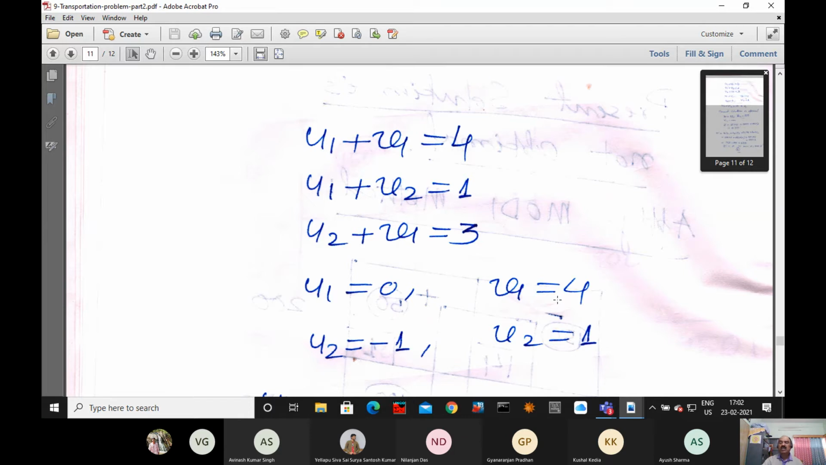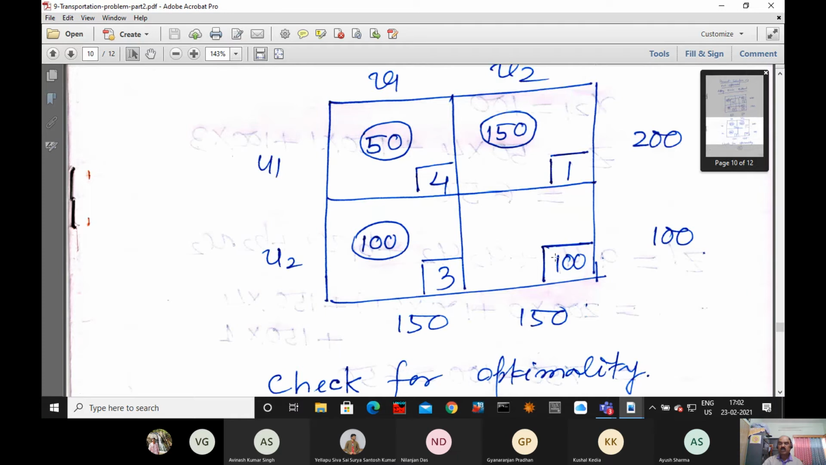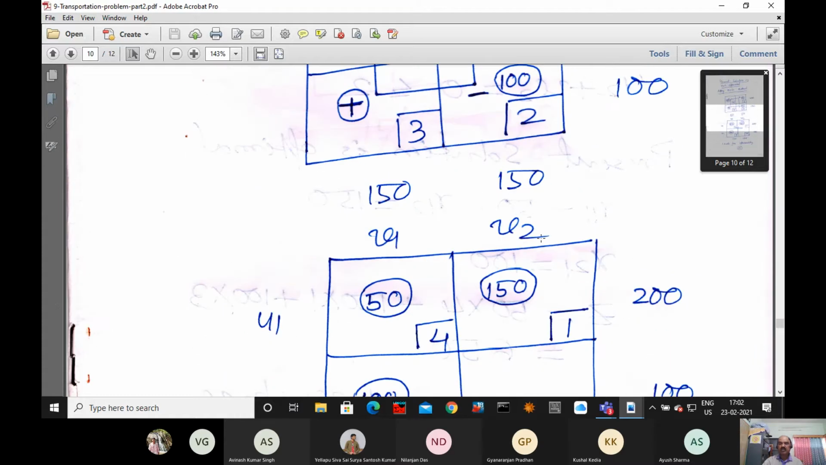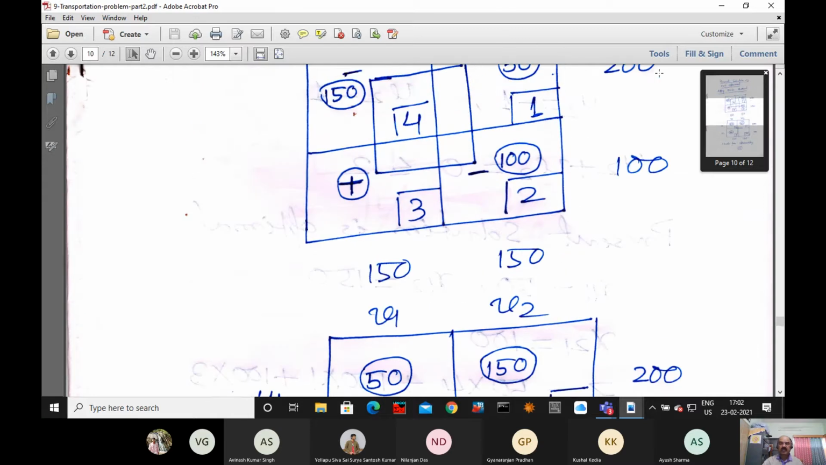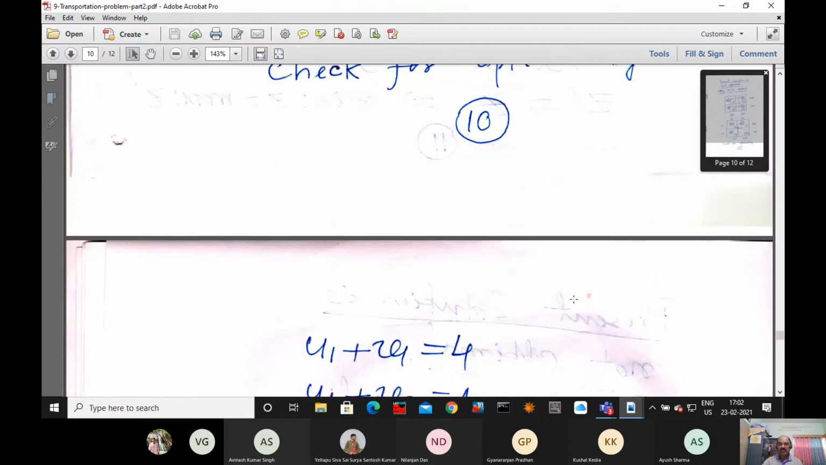Now the last one, which is not occupied, if you are checking this, that is U2 plus V2. Actually, this is not 100. By mistake, I have written 100. It was something else, 2. It is 2. It should be 2, not 100. Okay, 2. So if you calculate,